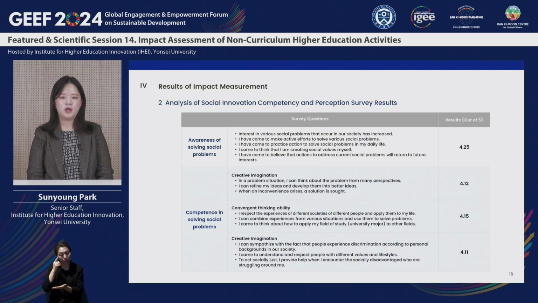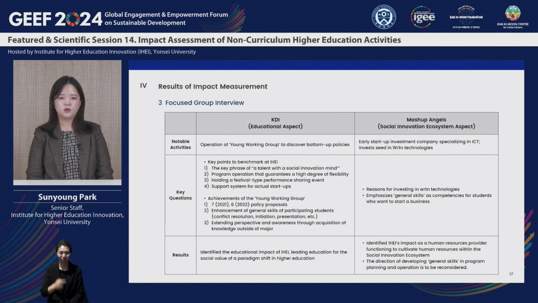Next, we analyzed the results of the second section of the survey, which focused on students' perceptions and changes in their capabilities. The section employed a post-survey method where students self-assessed their progress after participating in the program. Subsequently, we conducted surveys using the same questions at the recruitment stage to compare the pre- and post-survey results. Through the analysis of the survey, we confirmed that participation in the workstation program contributes to enhancing students' awareness and capabilities in social innovation.